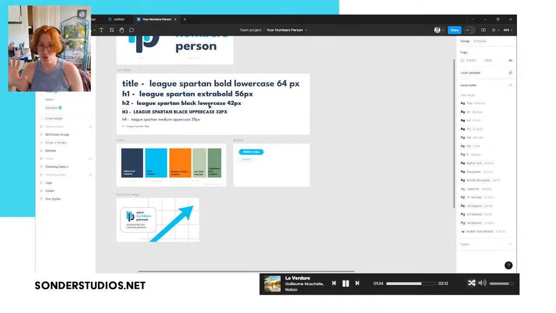And then as much as you can, which more often than not means all of the time, you stick to those fonts, you stick to those colors. If you need to make a deviation for whatever reason, make it with intent.